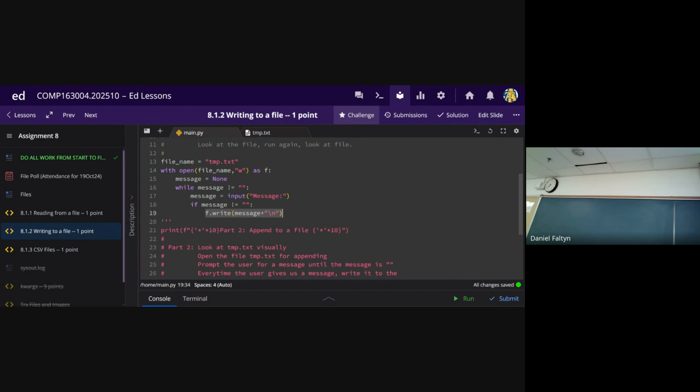And notice I put my separator on there. Now I know I'm working on a Linux system here, and I know I should do backslash n. Pay attention in Zybooks. They will tell you what you need to do if it's on a Windows machine. Now, in this class, if you're working on a Windows machine and you're using EdStem, this actually isn't happening on your computer. There is a virtual machine running in some cloud somewhere. That's Linux. But if you were using the command line on your machine, if you were using PyCharm, you would have to use something like sys, I don't know, new line or something. I'll find it. It's in the Zybooks material.